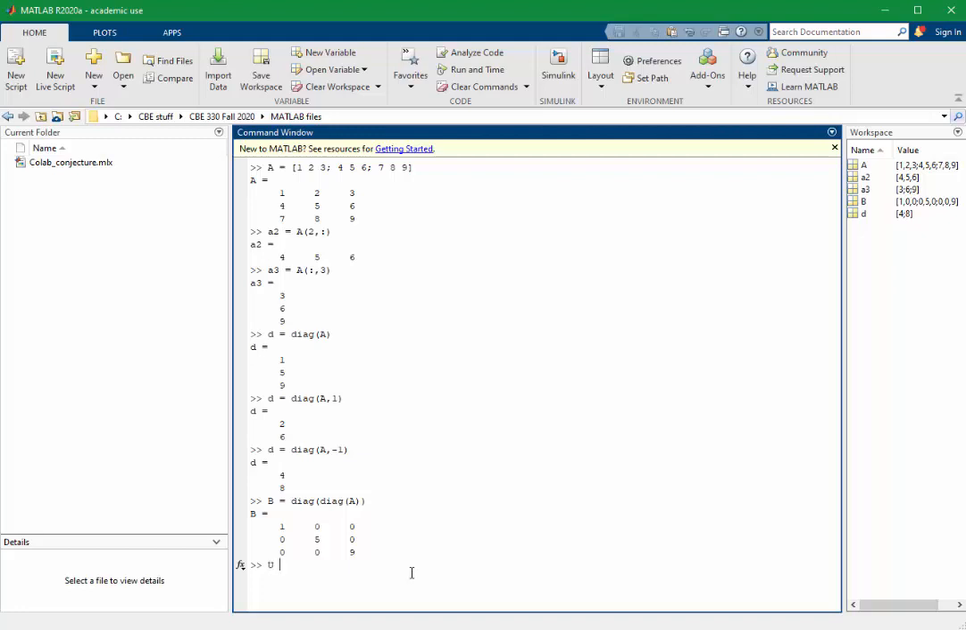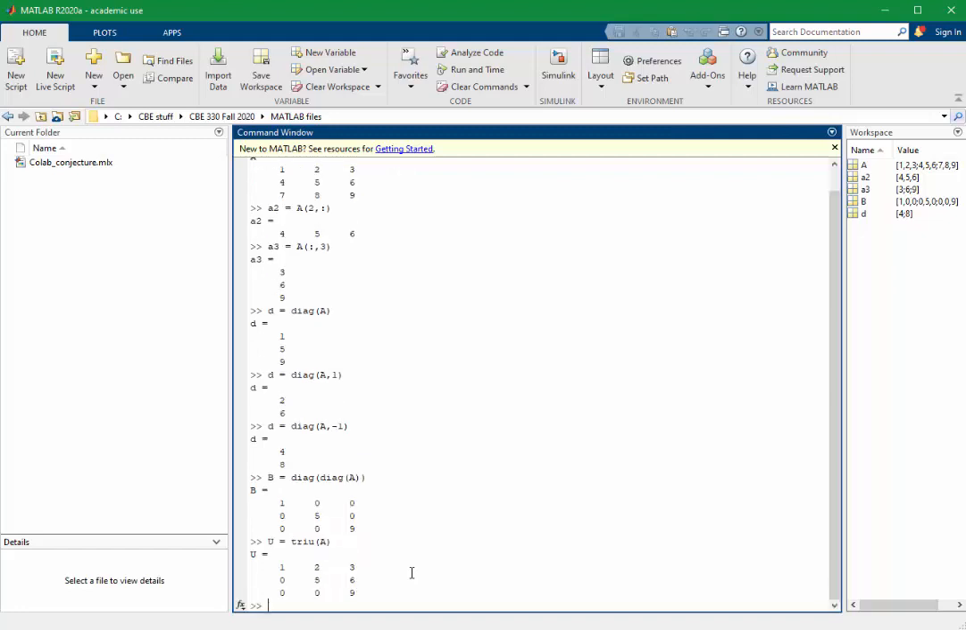We may not want to set all of the off-diagonal elements to 0. If we want to retain the upper diagonal elements and only set the lower diagonal elements to 0, we can use the triu command to extract the upper triangular matrix from A. And similarly, we can use the tril command to extract the lower